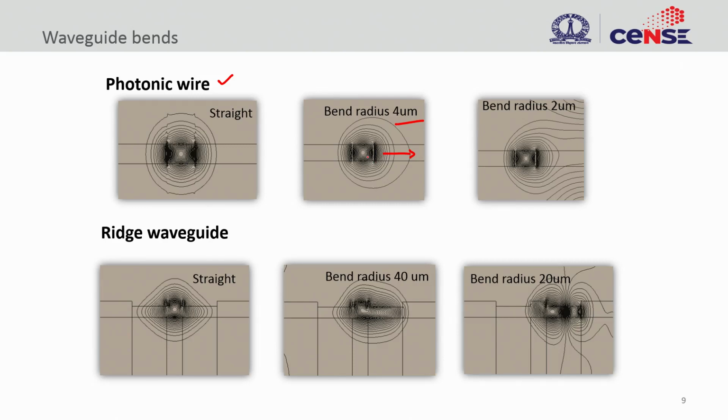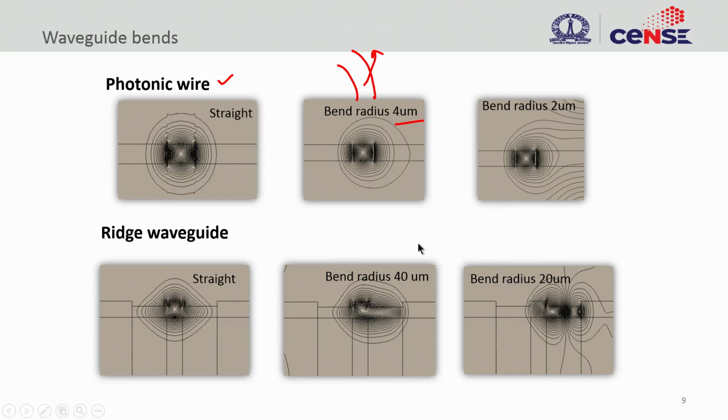As the optical energy flows through the waveguide and sees a bend, the light is going to leak out, and that leak starts here. You can see here this is for 4 micron, and when you have a 2 micron bend, most of the light is already leaking out. So, when you have a bend waveguide, light would leak out. That is the reason why we have to be careful about the bending radius. This is for the wire waveguide.